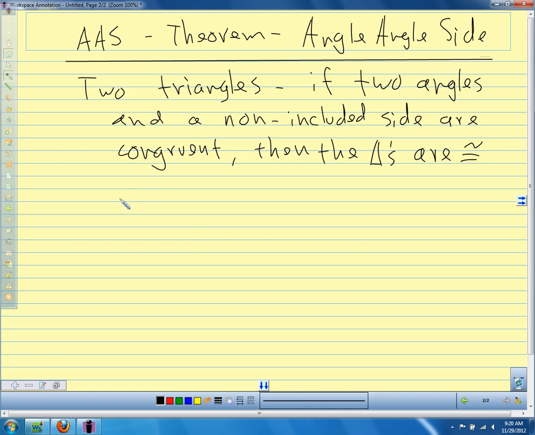And this is where we have to be careful though. If the parts are in the same order,